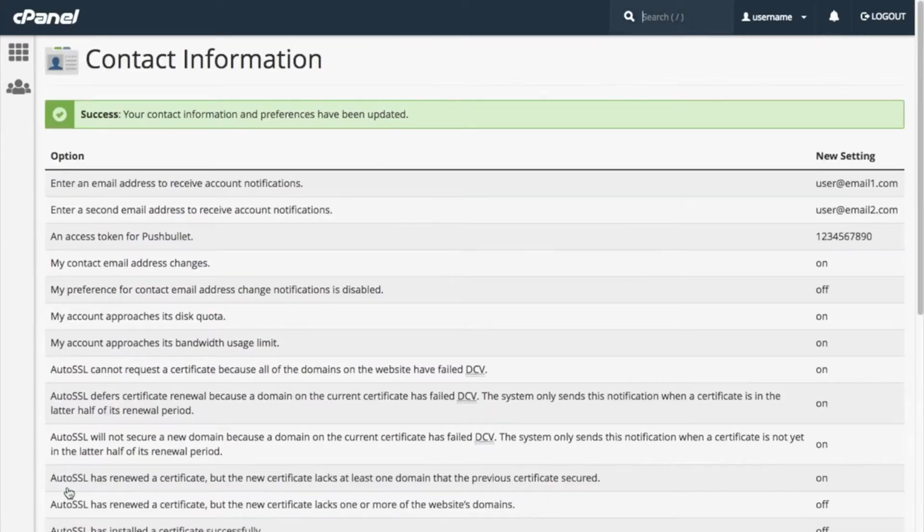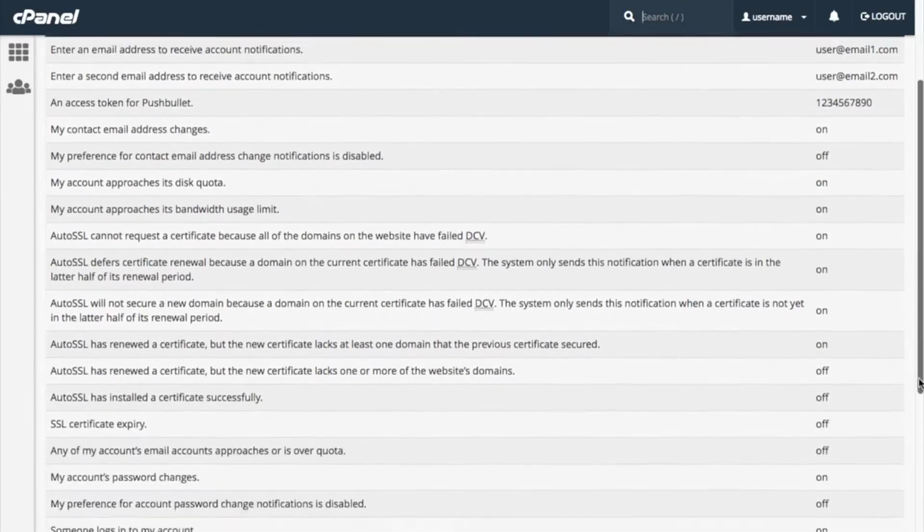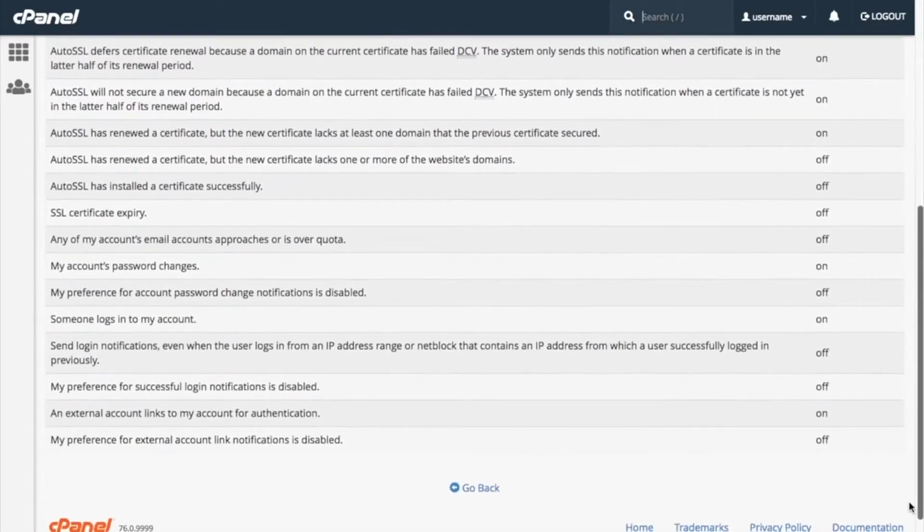The system directs us to a confirmation interface. This interface lets us know that our information has successfully saved and provides us with a list of our contact settings and our